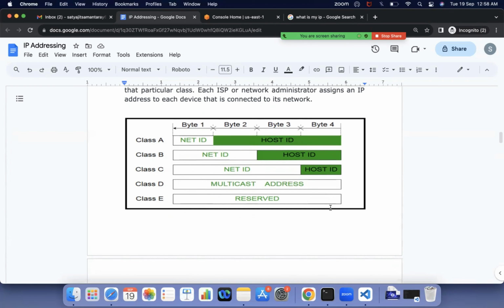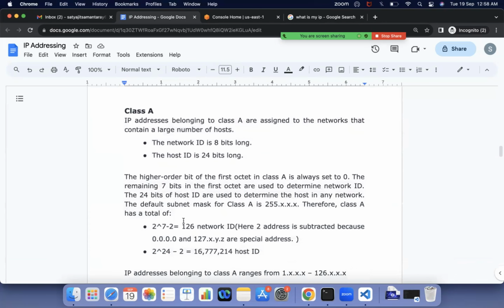It means 8 bits. So here, if you see class A, these are all theory. I can share the document in the description, and you can go through that. The maximum here is 1,67,77,214 host IDs. It means that many IP addresses will be available in class A. So just understand, class A can go from 0 to 126. It means from 0.0.0.0 to 126.255.255.255, and its subnet mask is